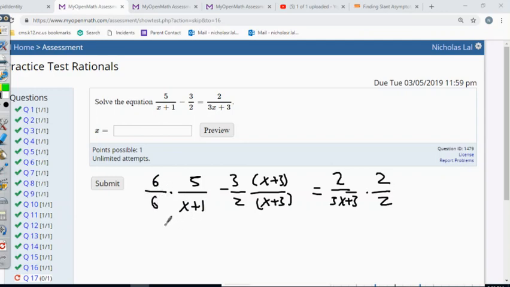So this gives us 30 over 6x plus 6 minus